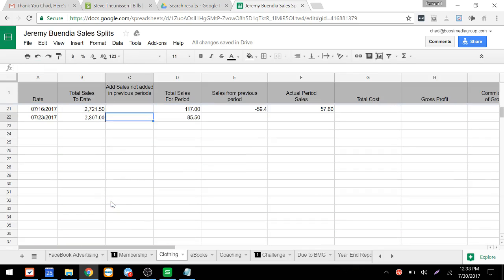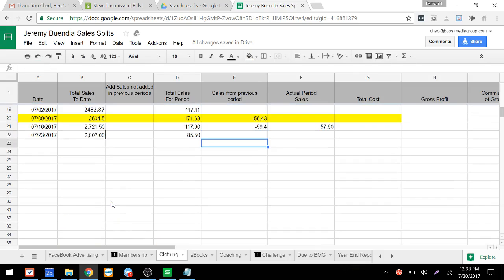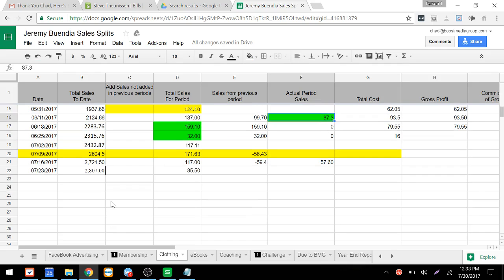And so like clothing, we really don't make that much because it's whatever revenue we do make, and we've only had like 2,807 in sales. And for the last period, we only had 85 bucks, and you can see this one isn't done completely, a lot of these aren't done, but it comes out to being like 12% because by the time you count the cost and stuff, it's 12.5% of this. So that's all we get for that.